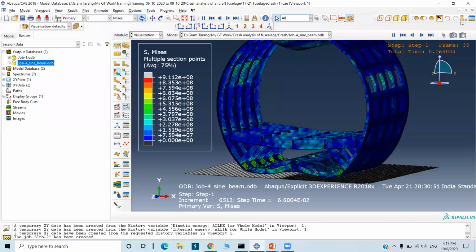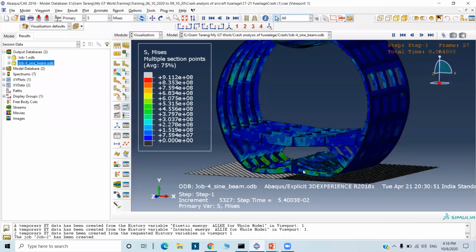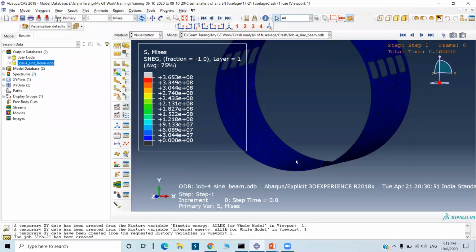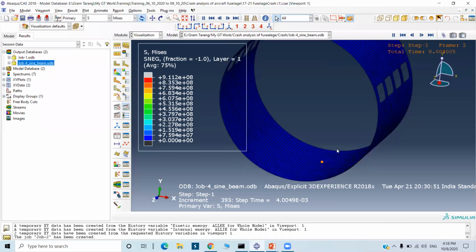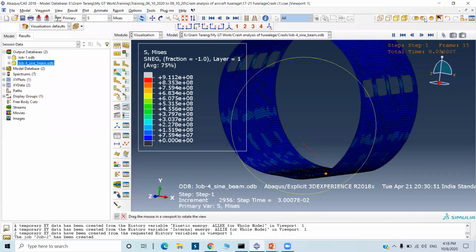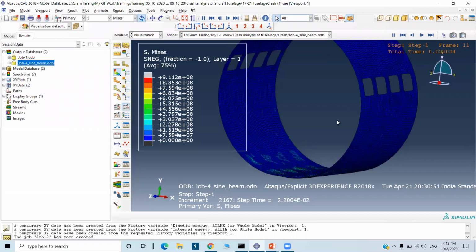Again we will check it for the fuselage skin and replace it, and run the animation again. Actually there is a deformation, but there is no failure for the fuselage skin. This is made up of composite material. So I will replace all.